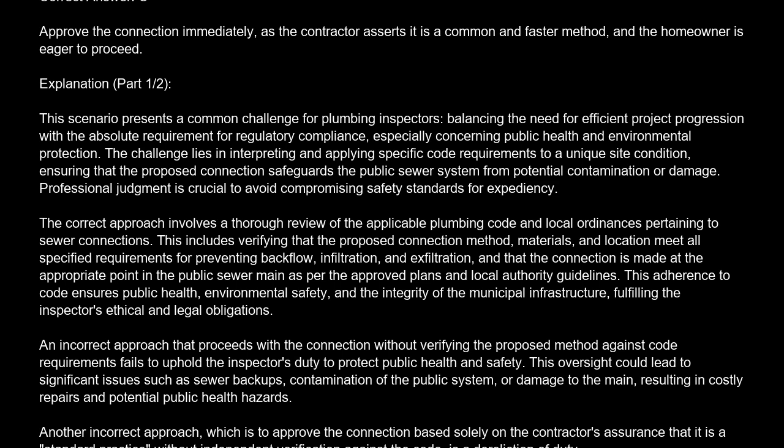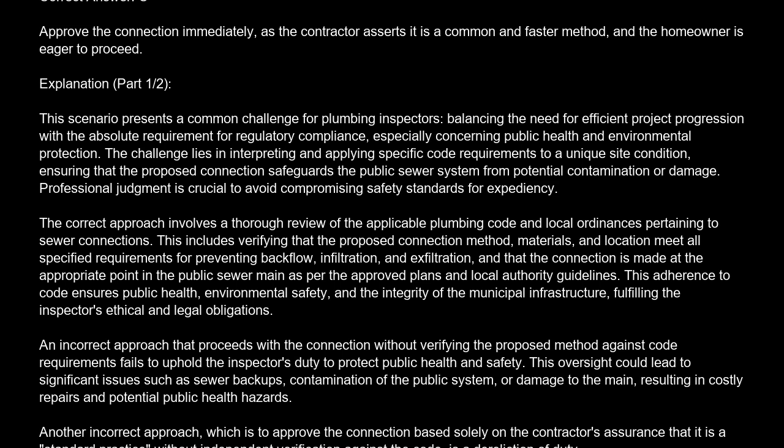The correct approach involves a thorough review of the applicable plumbing code and local ordinances pertaining to sewer connections. This includes verifying that the proposed connection method, materials, and location meet all specified requirements for preventing backflow, infiltration, and exfiltration, and that the connection is made at the appropriate point in the public sewer main, as per the approved plans and local authority guidelines. This adherence to code ensures public health, environmental safety, and the integrity of the municipal infrastructure, fulfilling the inspector's ethical